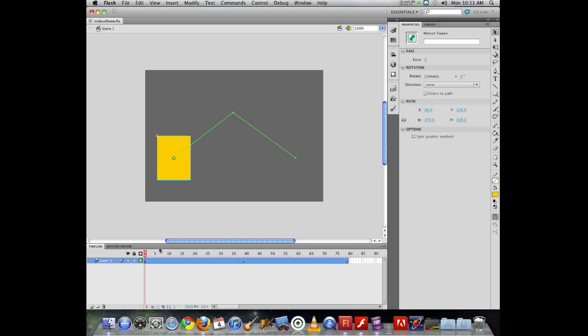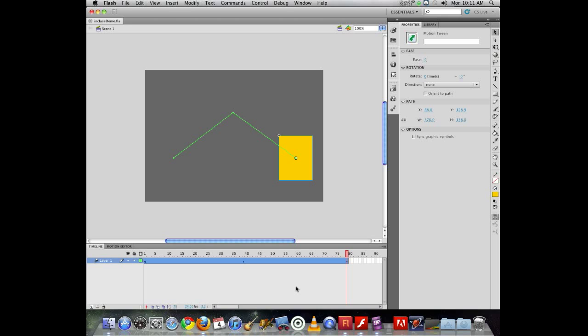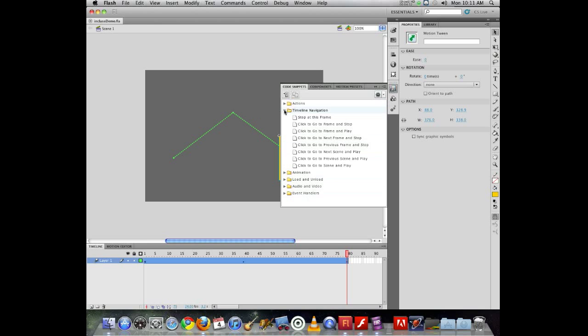So if I want, when my animation gets to the end, if I want this to now just stop, so if I want my main timeline here to stop, to do that, I can go in my code snippets, look at timeline navigation, and choose stop at this frame. To select a snippet, I double click on it,